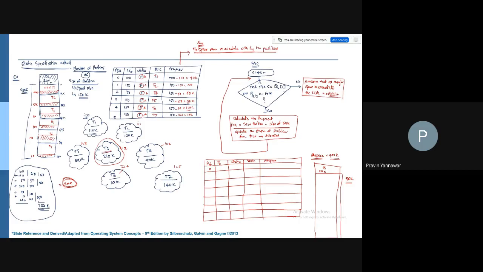What we are going to check here, instead of the task size, is whether the task size is less than or equal to the user space available.